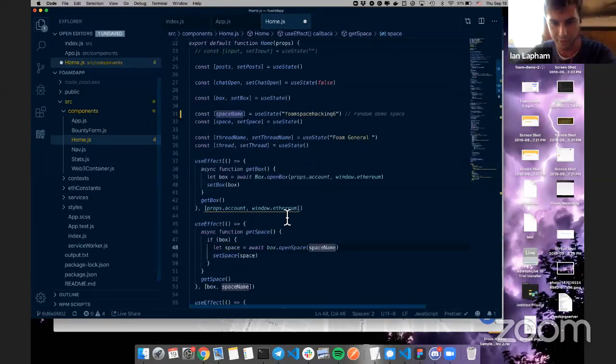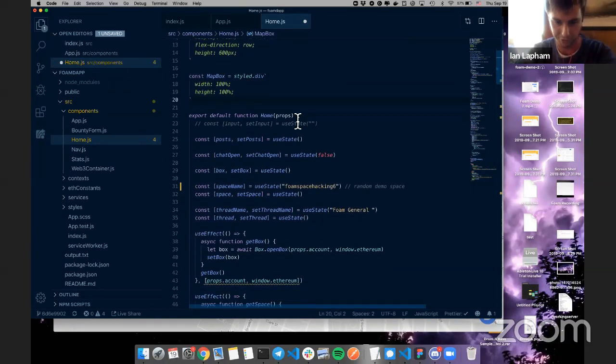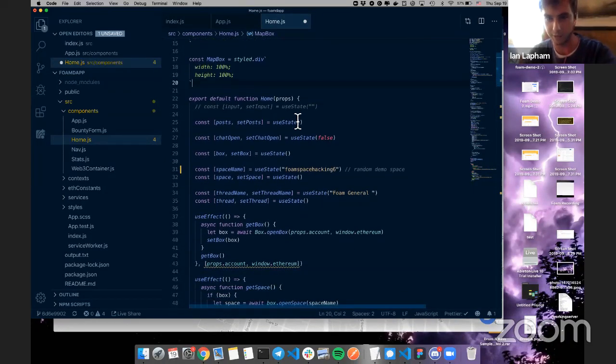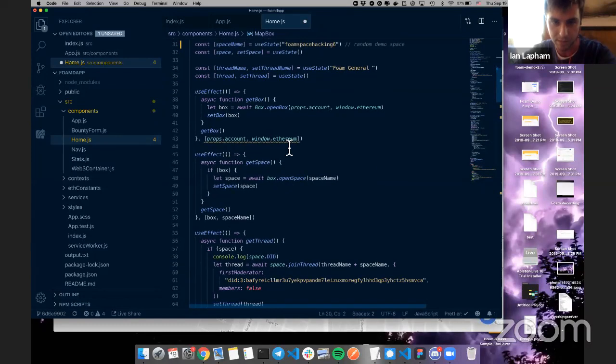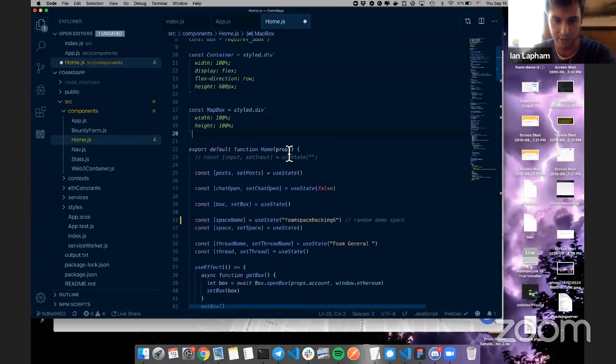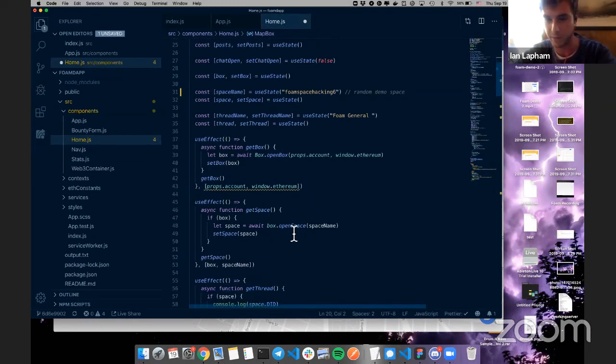So for anyone who's interested in the technical aspect, I won't get too deep into this and I'll keep it brief, but I'll just show you as a demo how easy it is to do this. I'll walk you through really quickly what I'm doing here. Basically 3box is the framework that I'm using to create these spaces and profiles.